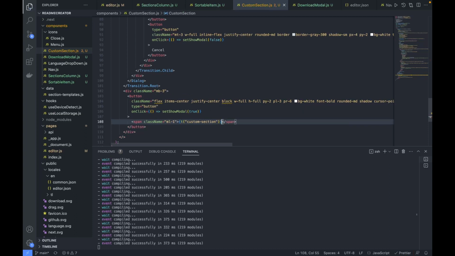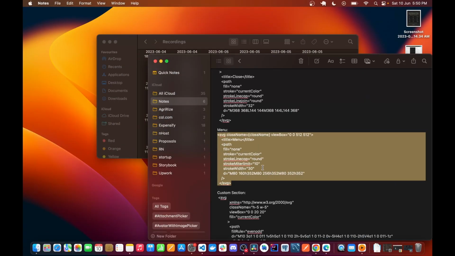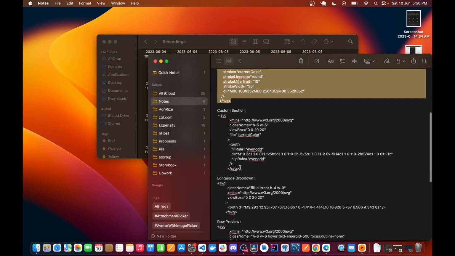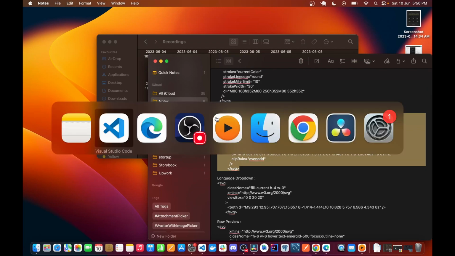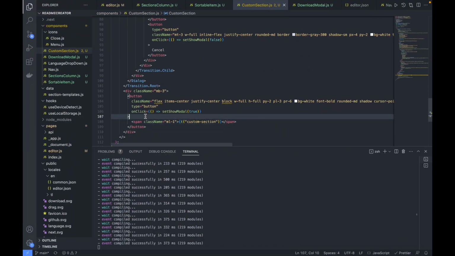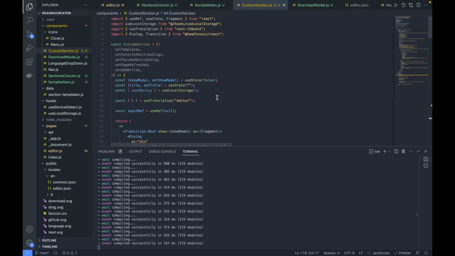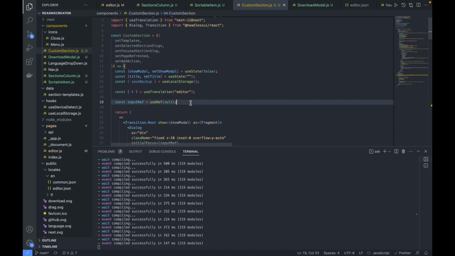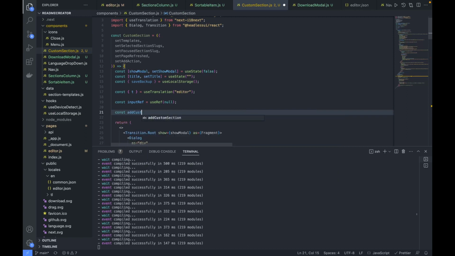I have the svg set here, so I'll take that, that is this one, and use it here, okay. And we forgot to add this one function, that is add custom section, right? So this is how it looks like, add custom section,